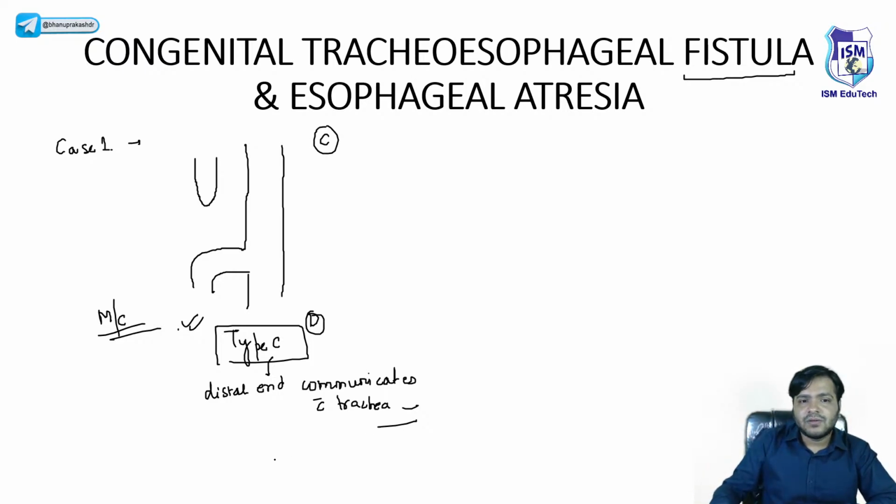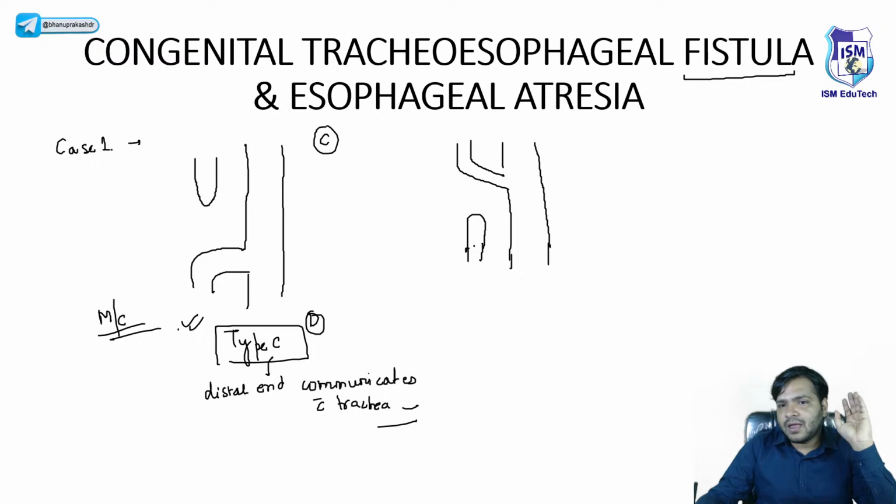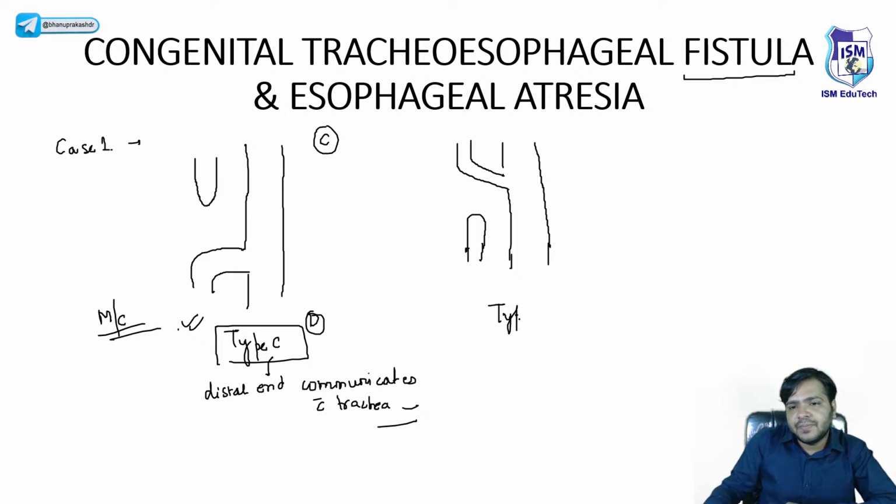ठीक है, दूसरा केस देखो, तो ये टाइप सी है बेटा। अब देखो, now take the opposite part beta, if the proximal end of esophagus communicates with the trachea, okay, but distal end is blind ending, okay, distal end matlab it is blind ending, they have no communication with each other, तो ऊपर वाला अलग हो गया, and proximal end is still communicating with the trachea, right? So remember that it is called as the type B, type B congenital tracheoesophageal fistula, in which the proximal